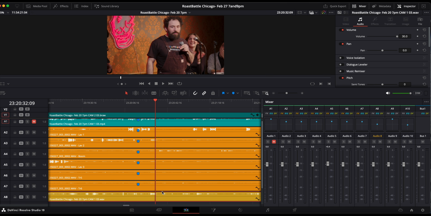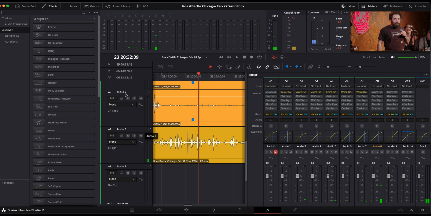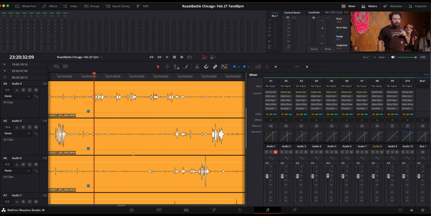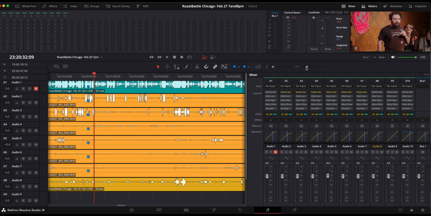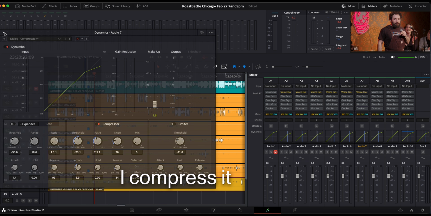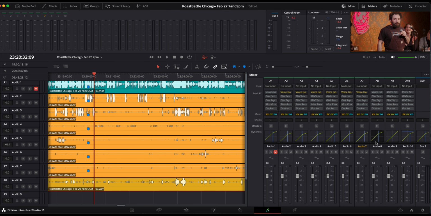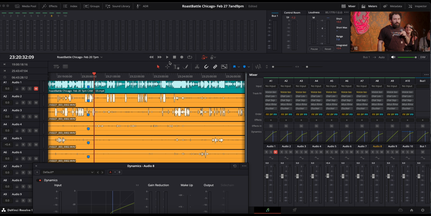Now, one of the things that is very important for audio mixing is to get onto a page that offers you a bit more control. This page is reminiscent of Adobe Audition, but this is just the Fairlight page in Resolve. What I do for basically all my stuff is the compressor side of things, not this compressor, channel 8's compressor. That's what I want. You can see I've got this compressed all to hell. So if I bring it down and play this track